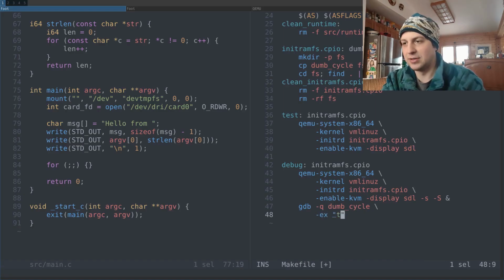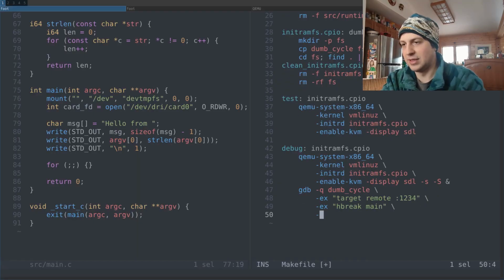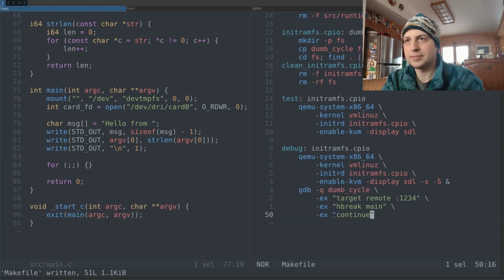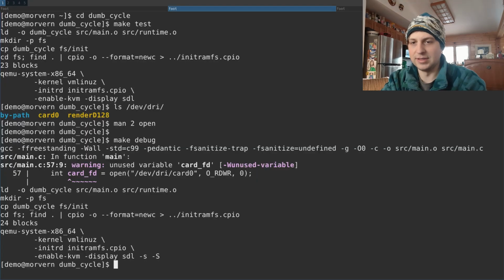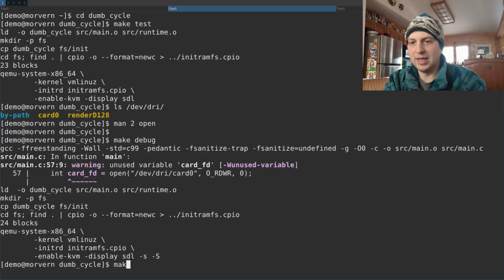I'm going to execute target remote 1234, I'm going to execute hbreak main, and I'm going to execute continue. So now I'm going to close this and everything. Now, if we save this and we make debug,